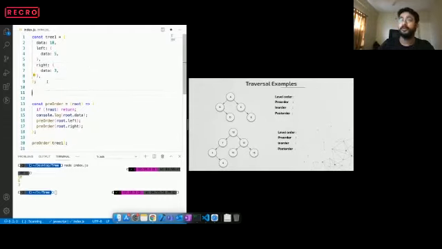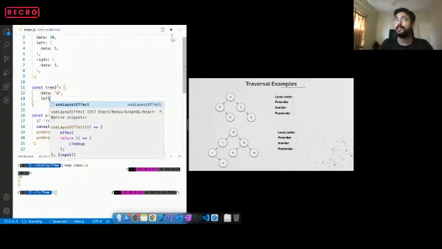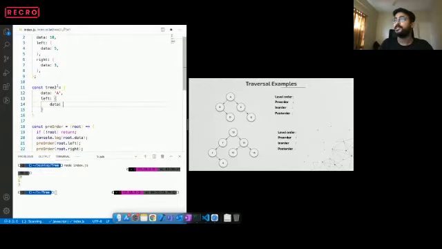So we are building another tree. The root has data A, and it has a left child which has data B. Correct. And B has a right child which has data D. So A's left child is done.